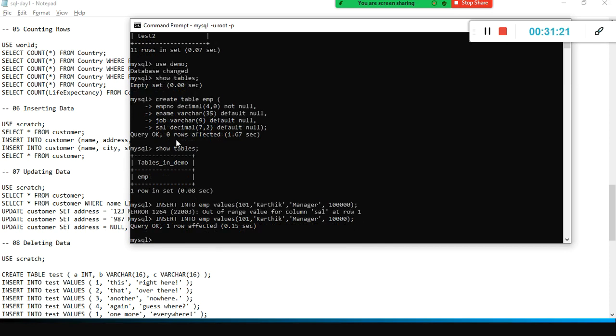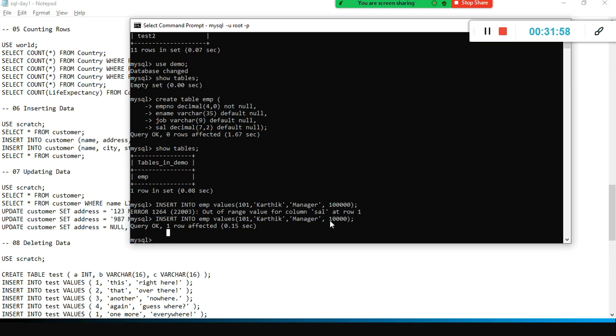Fine. So here I specified only 7 digits, 7 integer and 2 decimal. That is the reason why it is not taking beyond this. Float value 7,2. But actually 7 is not literally 7 here. You should increase the size of this one. That is the reason why I am getting the out of range value for column error. And here I inserted the value.